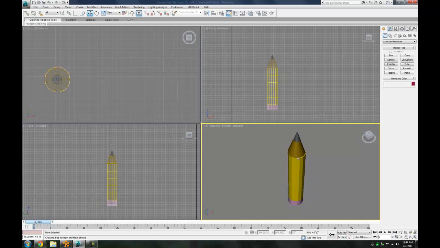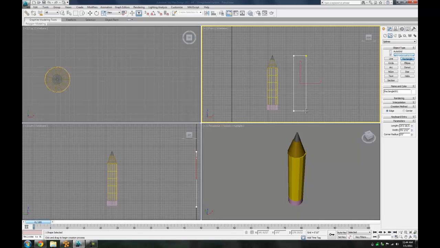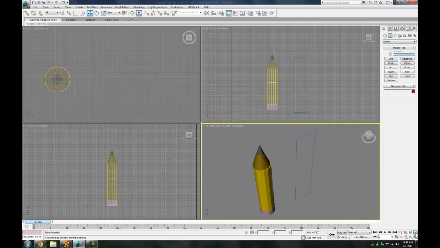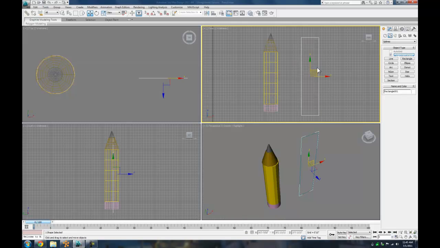larger piece, eraser, and if we bring in a rectangle in the front viewport here to represent our pencil in a lower rendering in a larger scene. Just line it up. No sense in being lazy here. Okay, so if I take that rectangle, this will just be the pencil holder, we'll write it as,